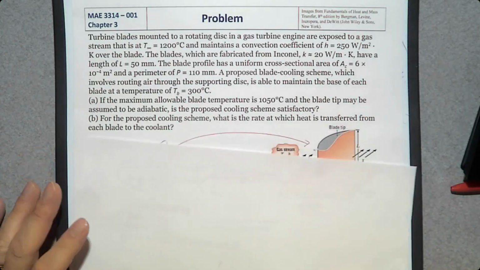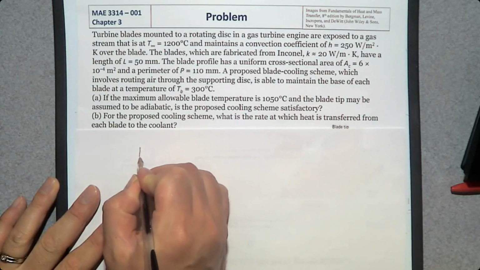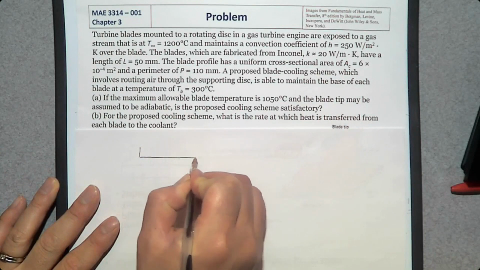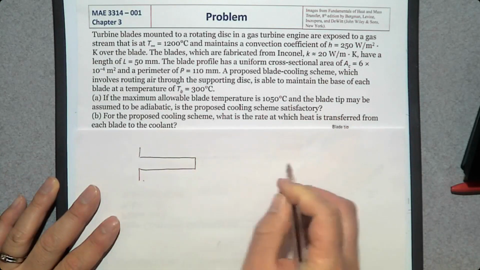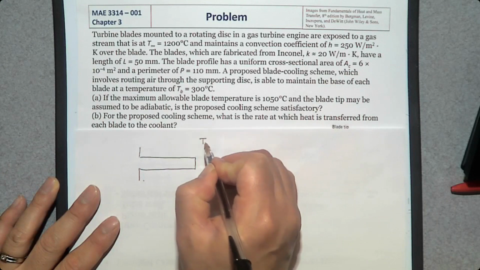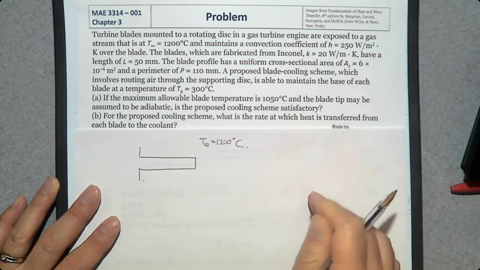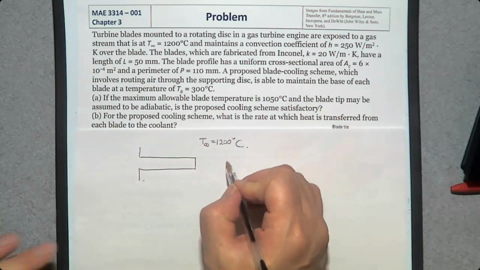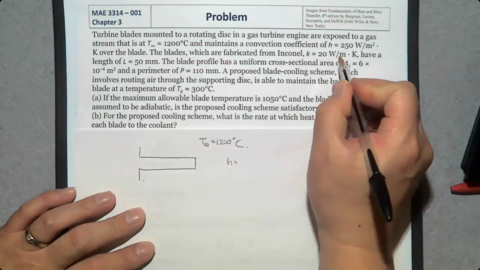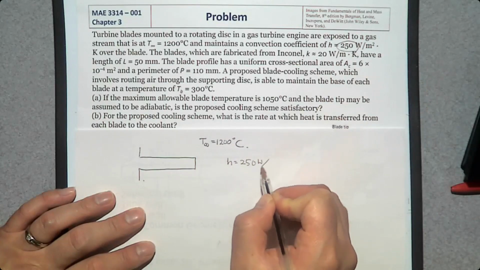So we have this turbine blade, which is going to be a fin, which is going to look like a fin. And the surrounding fluid is going to be at 1200 degrees Celsius. And the convection heat transfer coefficient h is going to be 250 watt per meter square